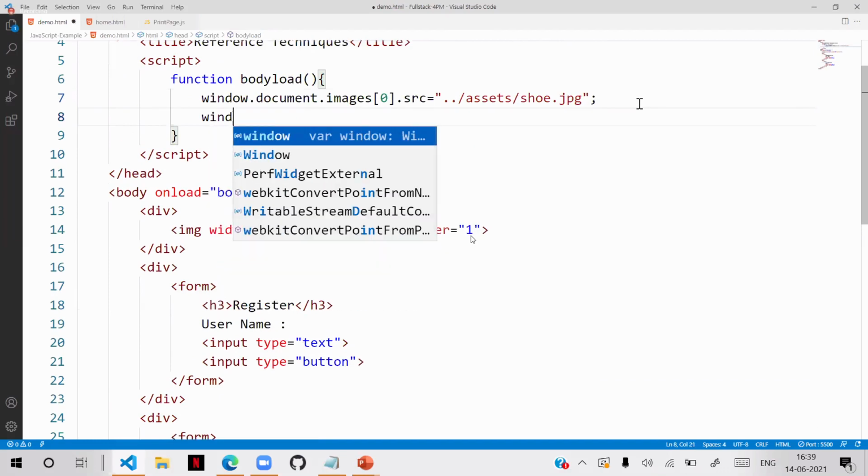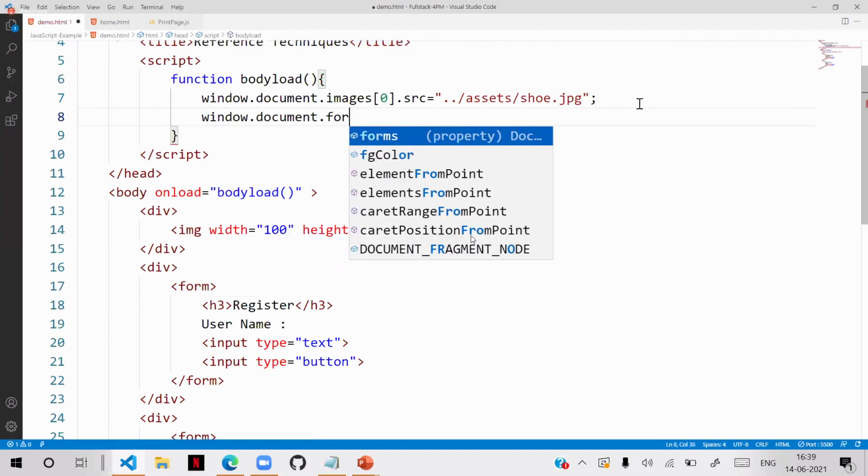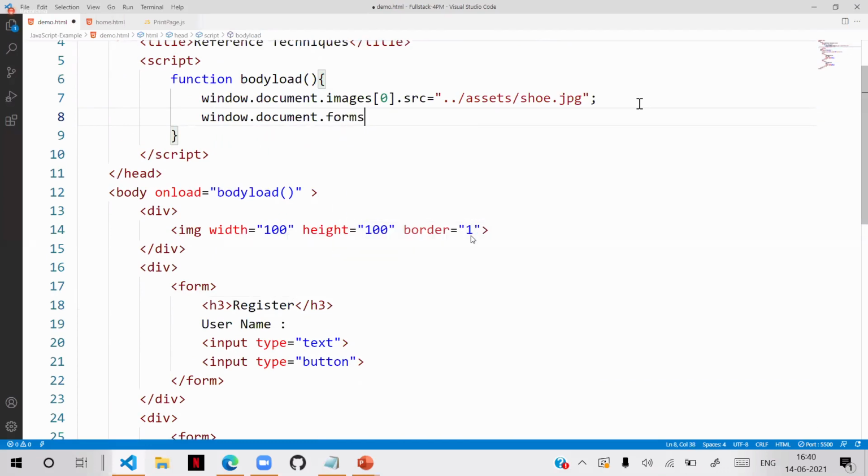Window dot document dot forms. Remember, anytime collections are used with a plural word in computer technologies, whenever a plural word is used, it means it's a collection. Understood? Forms, images, collection. So forms of 1, this one.